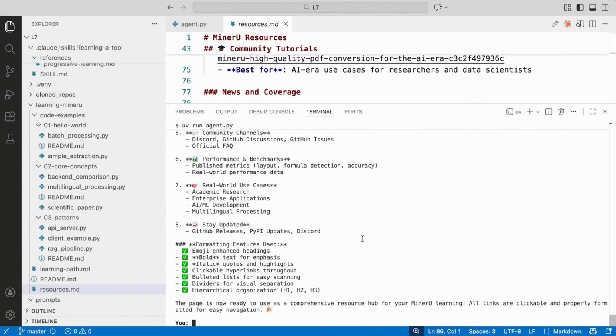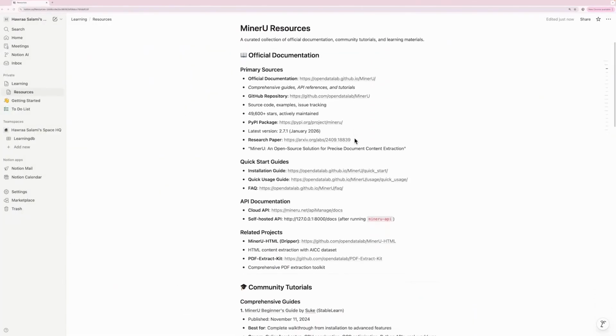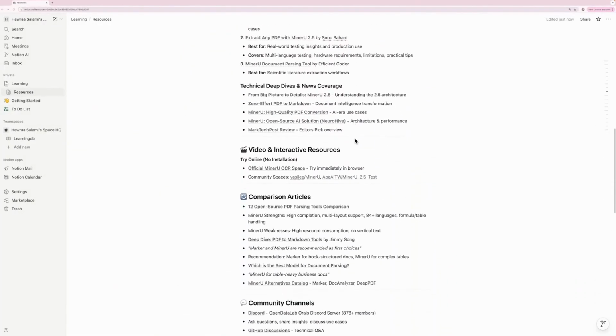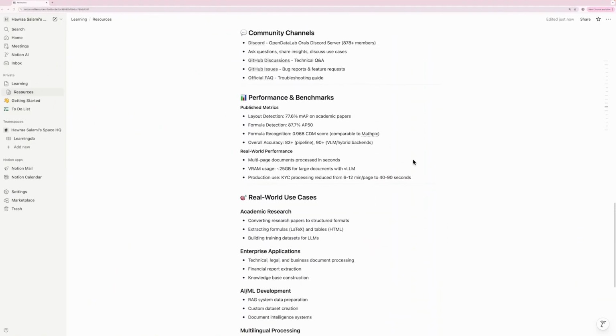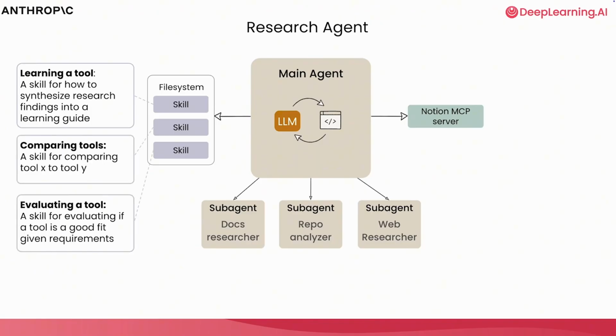Now that it's finished, let's go take a look at what our Notion page looks like. We can see here, we've got our official documentation, our tutorials, video resources, community channels, all the data that came from that markdown file, we've now written to Notion. We've made use of skills, MCP servers, agents, and subagents all using the agent SDK. You can imagine layering on additional skills for a more complex workflow, or additional subagents to perform a variety of